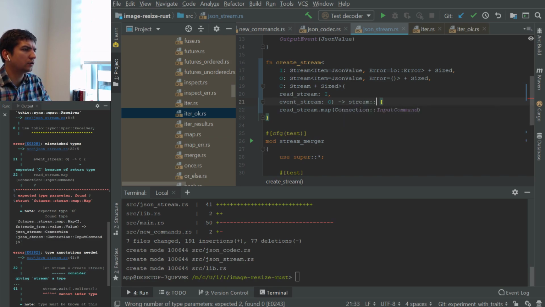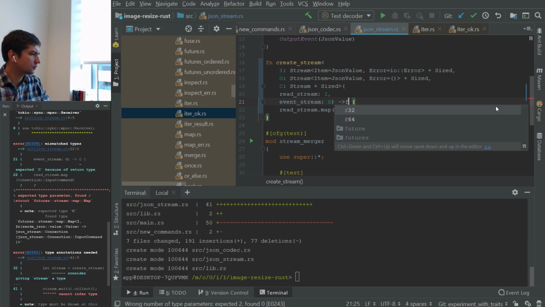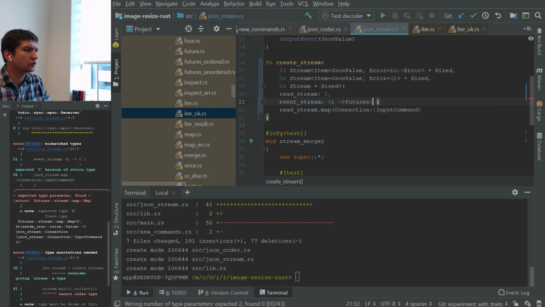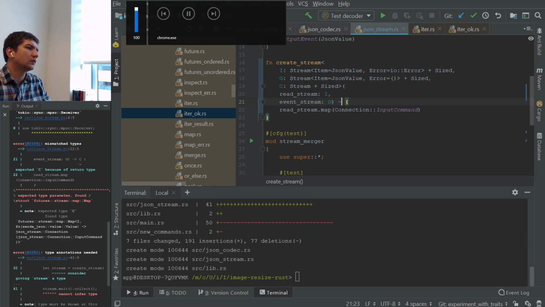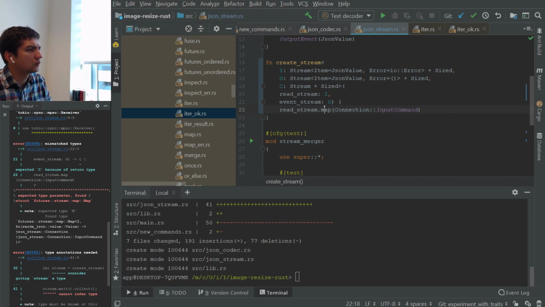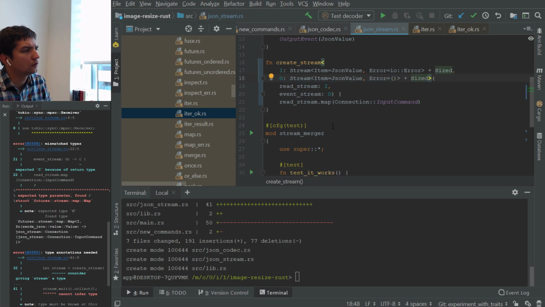How can I run stream map or futures? Futures stream. Wait, how can I specify this output type? So I'm just trying to map those types, but